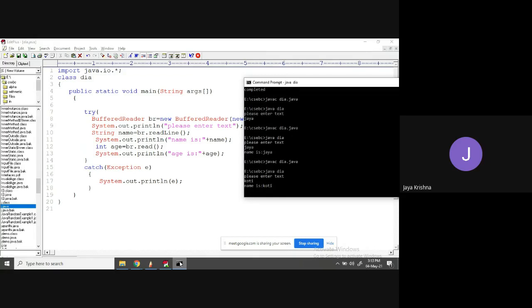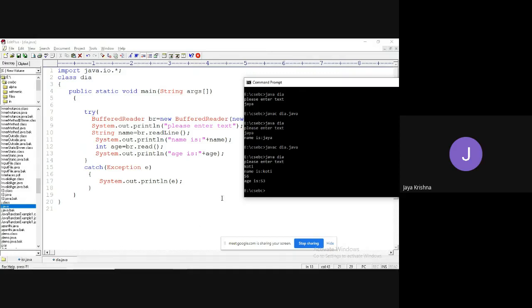Age is 56. Oh, why did you get this? If you entered 56, you got 53. Oh, any mistake? 40 or some 100, we are getting 49.